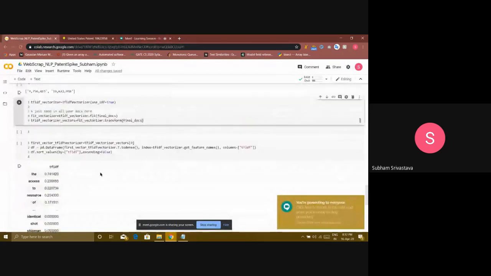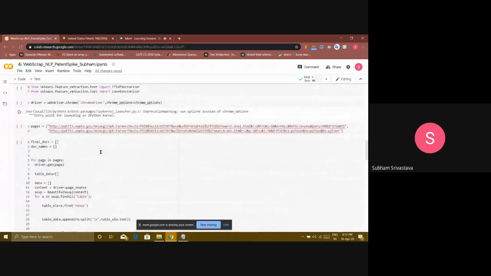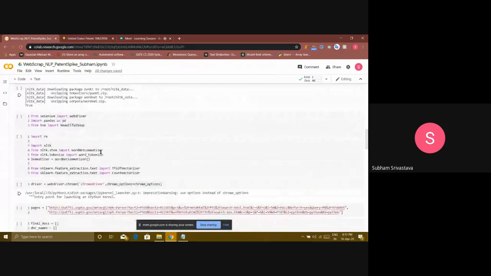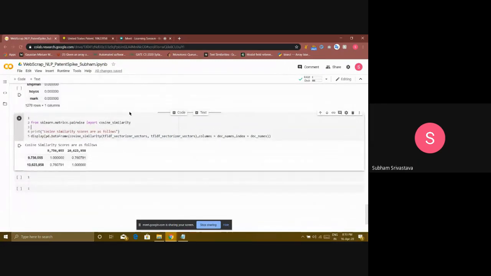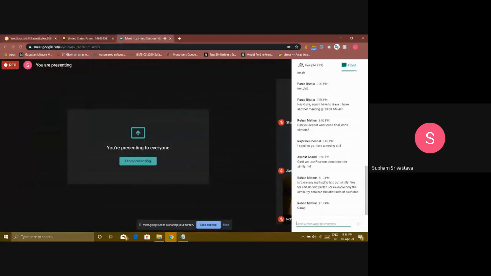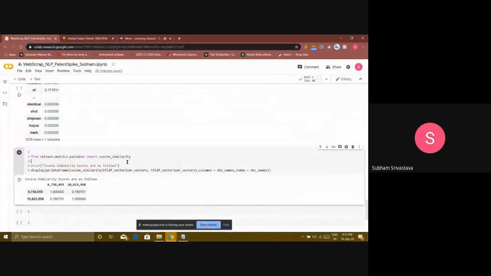So yeah, any other problems? Any other doubts in vectorizers or scraping? It's a really easy topic as far as I think. Nothing complex to do, just using the libraries, but you should also understand what is happening behind it. Just blindly using libraries is not a very good habit. So what is this TF-IDF doing, why is cosine similarity being used, why we are not using something else, or if we use something else, what kind of results we would get. So we can research all of that.